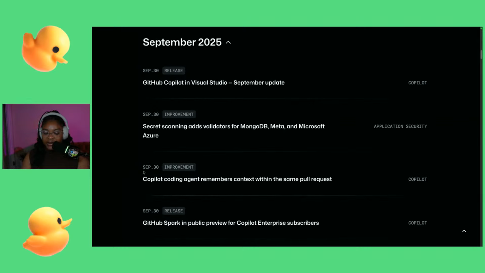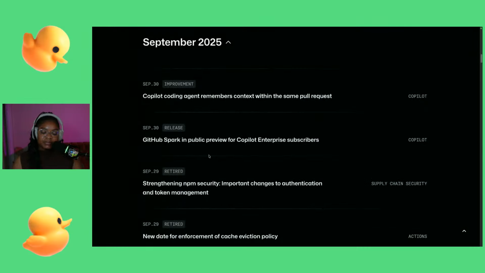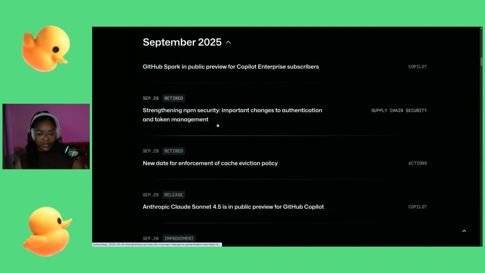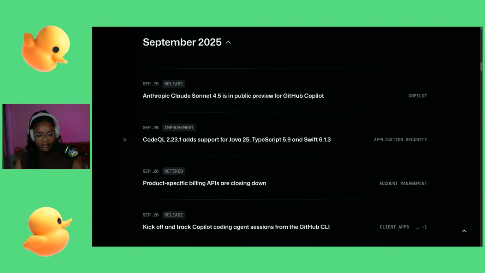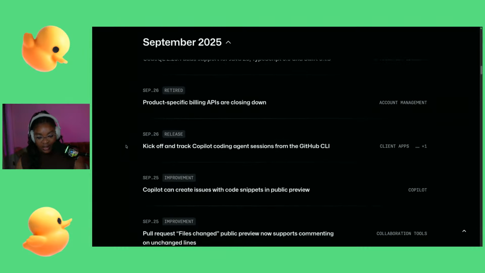Copilot Coding Agent now remembers context within the same PR. GitHub Spark is in public preview for enterprises. There's been some security updates to NPM. And so much more has shipped in the past week alone.